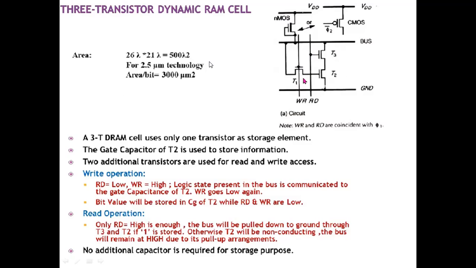Okay, so let's analyze the operation here. A 3 transistor DRAM cell, dynamic RAM cell, uses